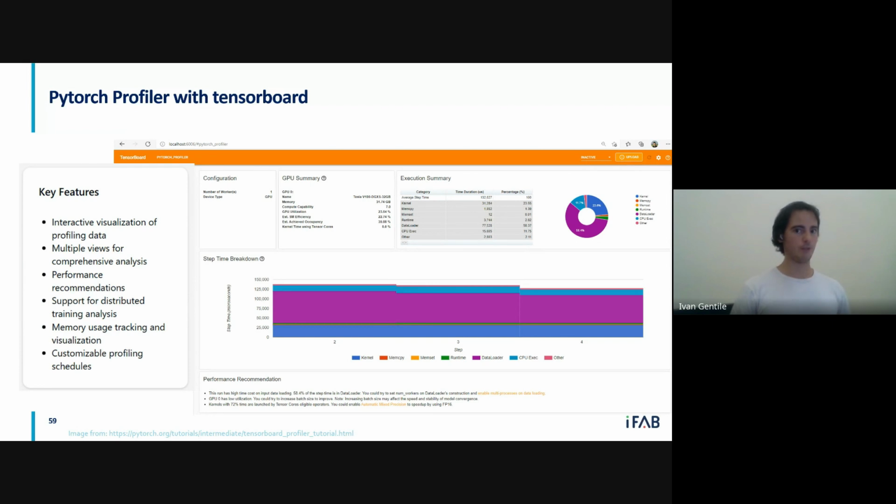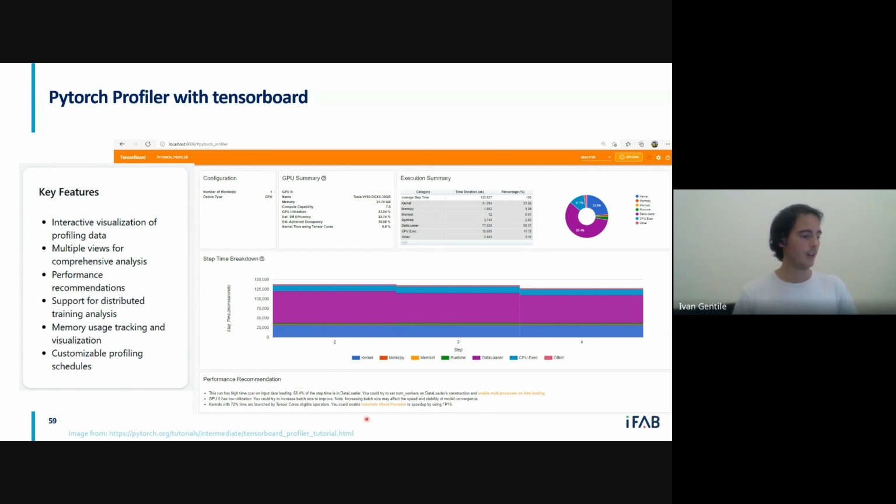It's a bit of a mess to make it work, but it's not too hard. You need to add the proper dependencies in order to have TensorBoard working with PyTorch. Once you have it running, you can do very interesting stuff. You have all this information color coded. It even gives you performance recommendations.